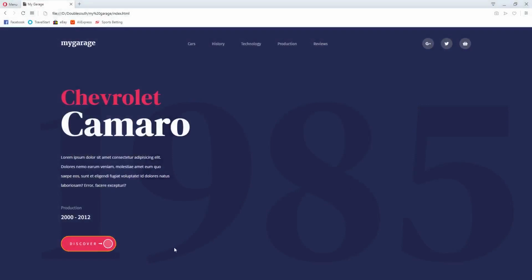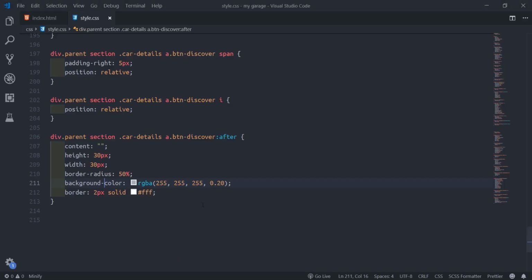So now, I want to show that if we hover on this button, this discover, it will push this triangle, this arrow, so it goes in here, and half of it changes color. Then the whole of this circle turns to white. Right now it doesn't do that. So to do that, I will animate the CSS properties. We'll first work with that discover text.